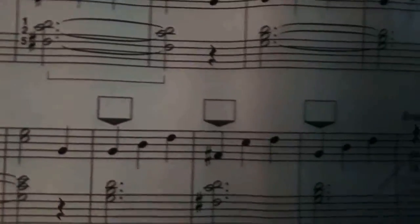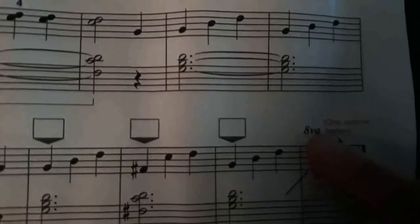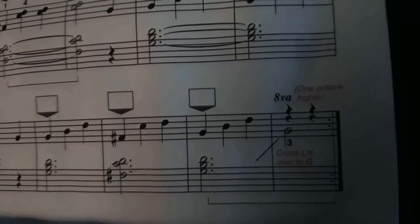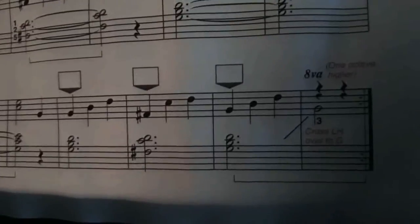Something that I didn't catch that you did in your theory, the 8VA, which means you play one octave higher. So how does that look? We play the next to the last measure, and it's in 3/4, and then 8VA takes your left hand over to the high G. So when you see that regular G and there's an 8VA on it, that means you're going to play an octave higher. It tells you, see there, 8VA, and it says one octave higher,